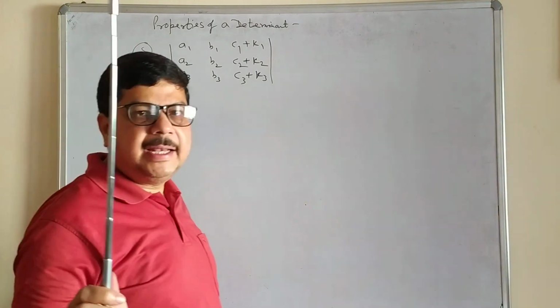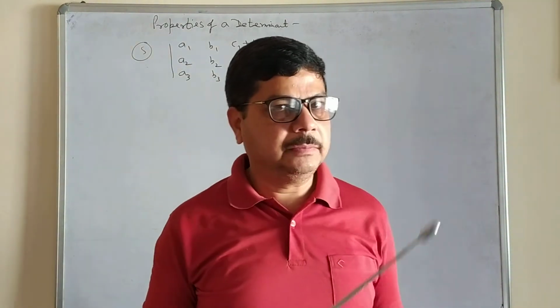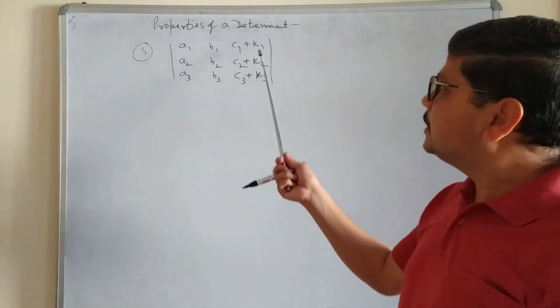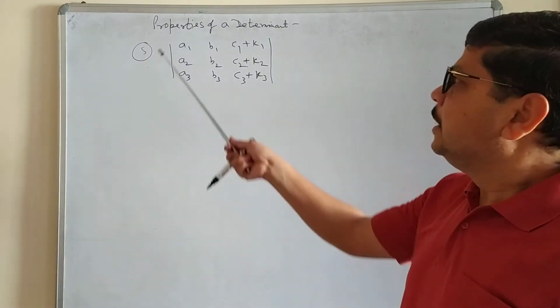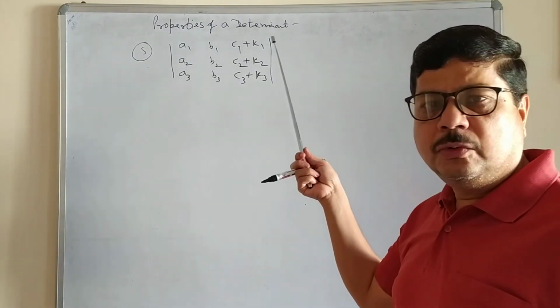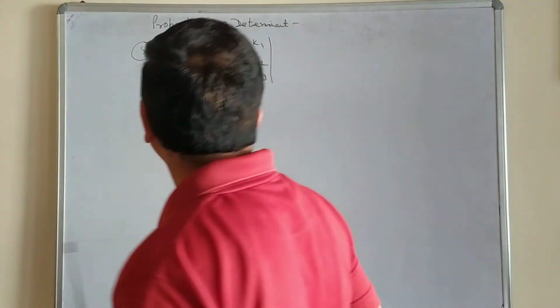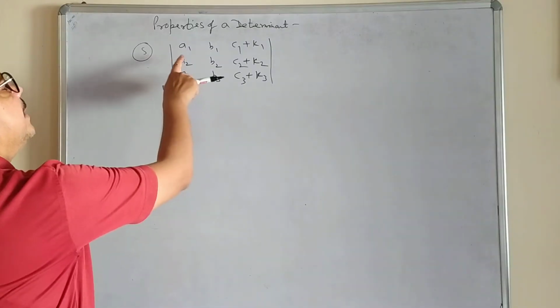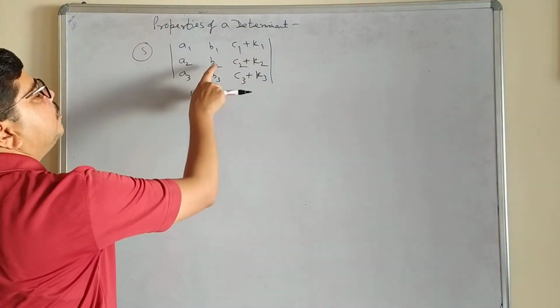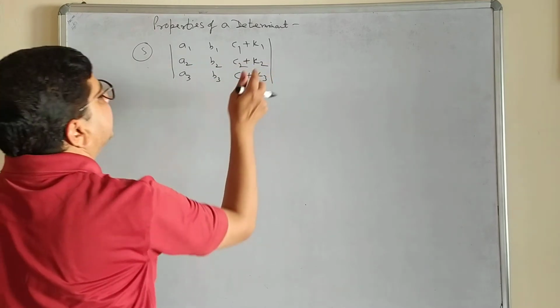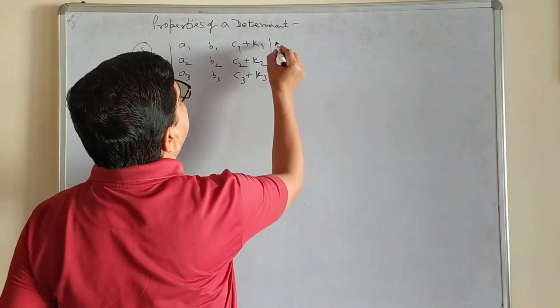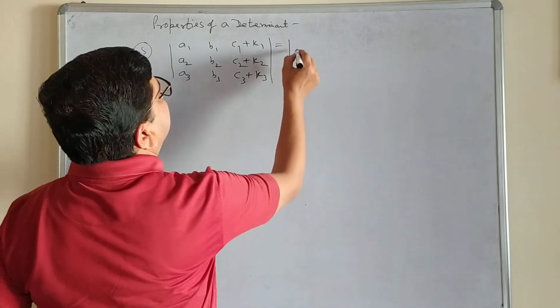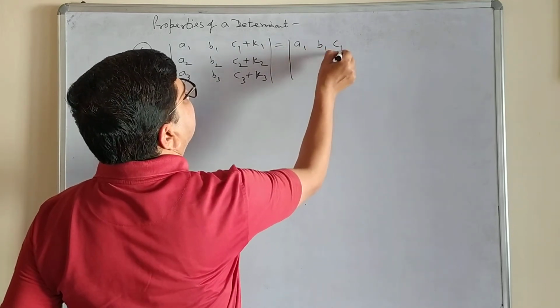Listen, if all the elements of any row or any column. Again I am telling you, I am taking just an example in the third column. I can write along the first row also if it is given in the first row. Then row. So A1 B1 C1 plus K1, A2 B2 C2 plus K2. Like this. This can be written like A1 B1 C1